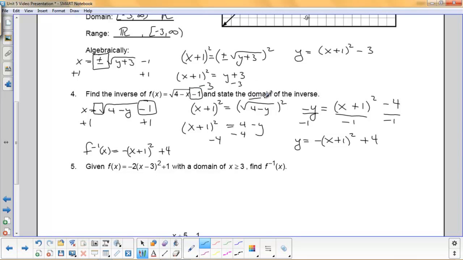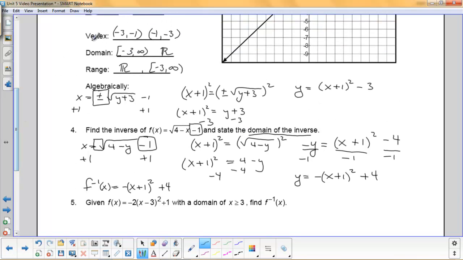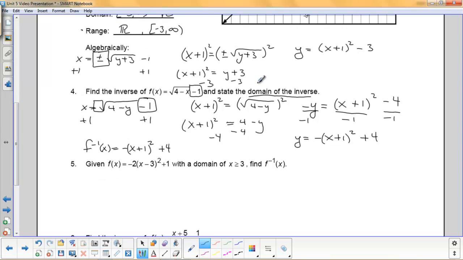The domain of the inverse is the range of the original. I was hoping you would pick that up from our previous 3 questions. The domain of the inverse is the range of the original. Now, the reflection does not occur vertically. It actually occurs horizontally. It's a pretty complicated problem, but that's okay. We'll figure it out. So that means that my domain of my inverse is the range of the original, which